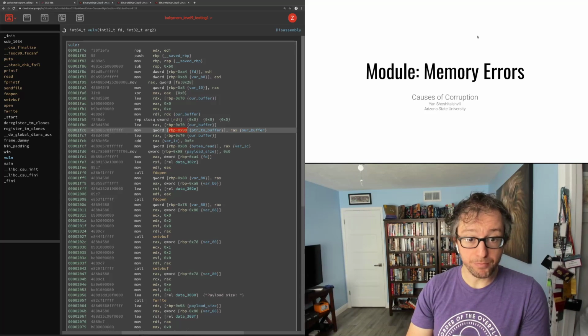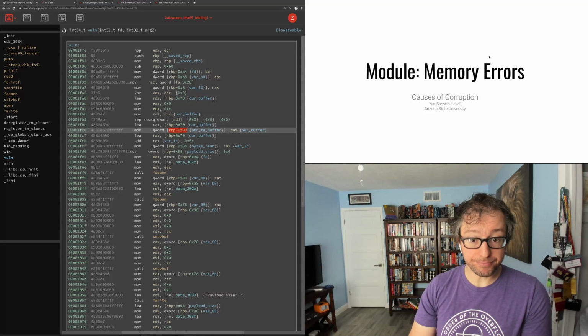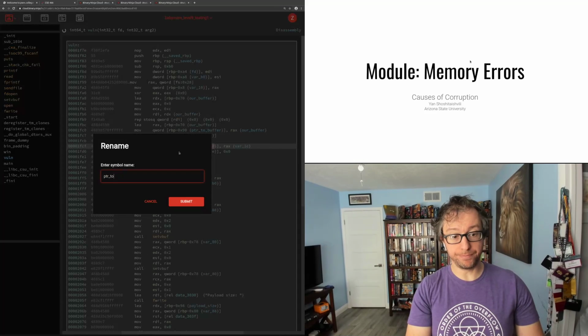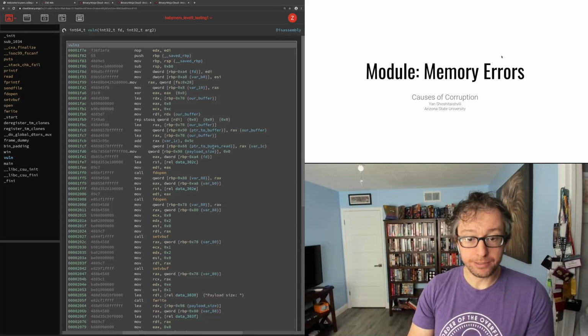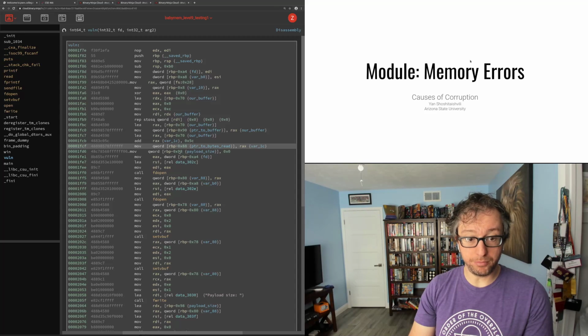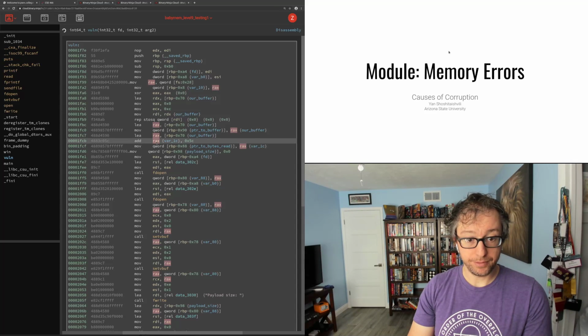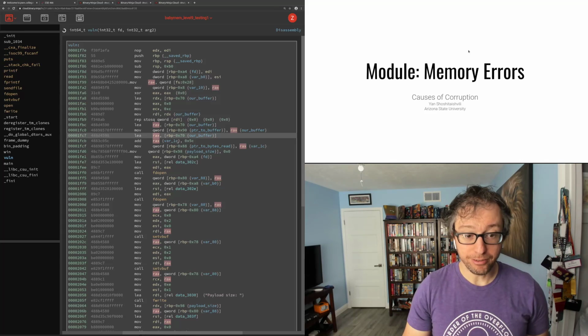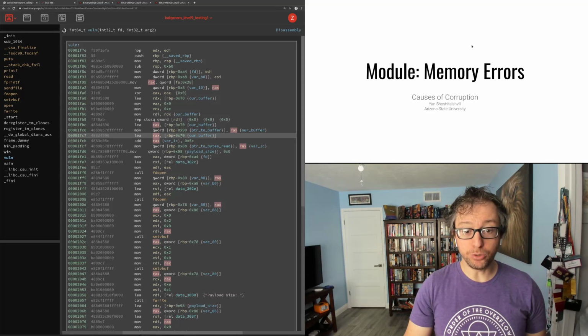What can we touch? Right, let's take a look. For one thing, bytes read isn't actually the bytes read, it's the pointer to bytes read. And that is initialized by moving RAX into it. RAX is 5C plus RAX, and originally RAX was the address of our buffer. So it looks like the amount of bytes read is 5C into our buffer,